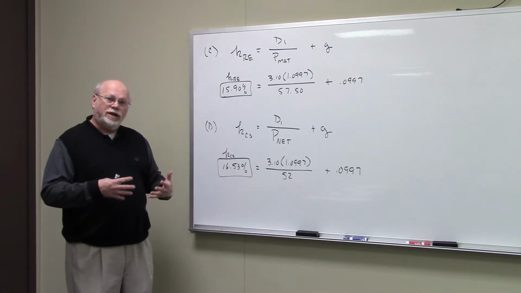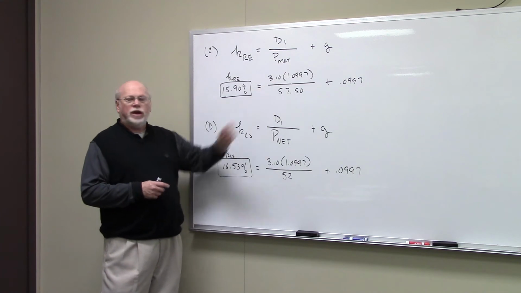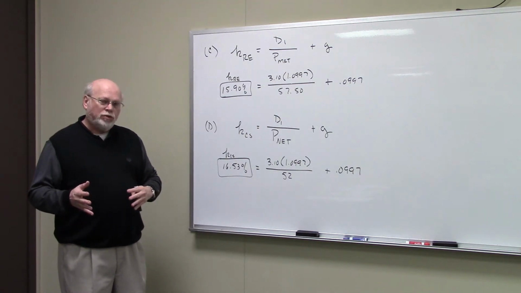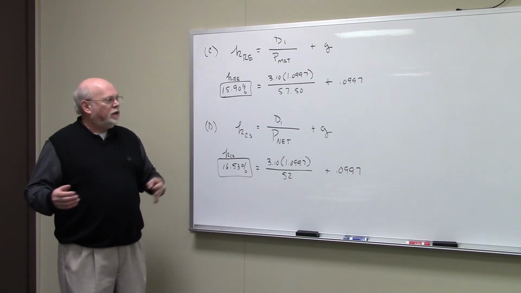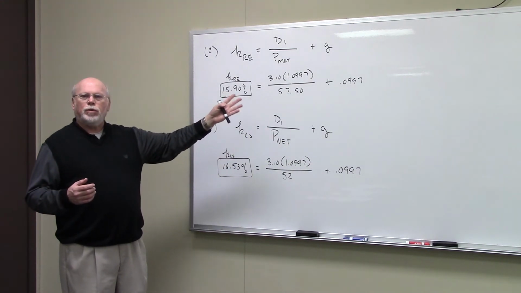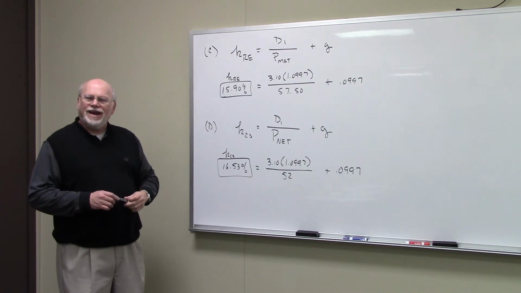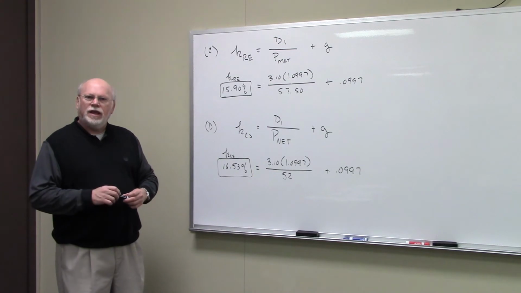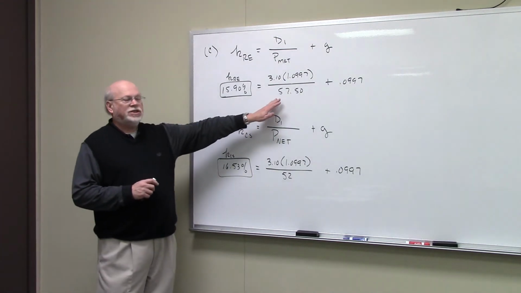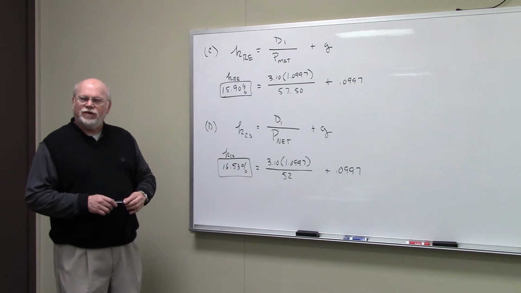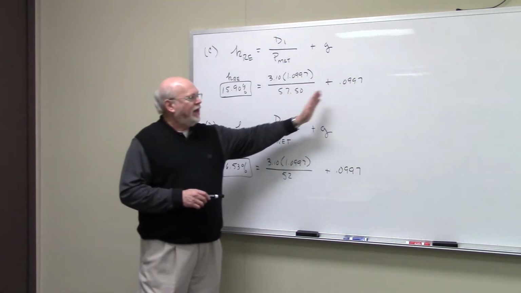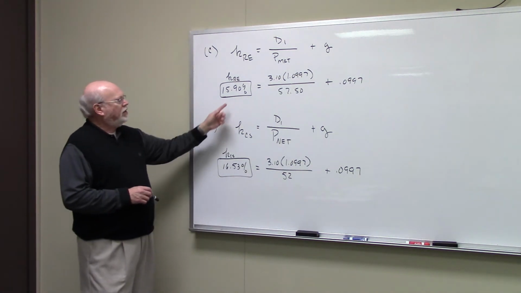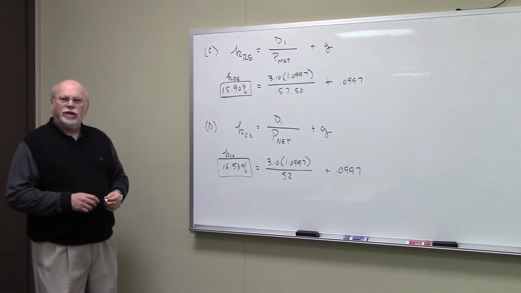Now, they don't give us the next dividend. They give us the current dividend, D0, which is $3.10. But if you multiply D0 times 1 plus the growth rate, you get D1. So $3.10 multiplied by 1.0997. That's the growth rate in decimal, 0.0997. Divide that by the price of the stock in the market, $57.50. Add to that 0.0997, again the growth rate,